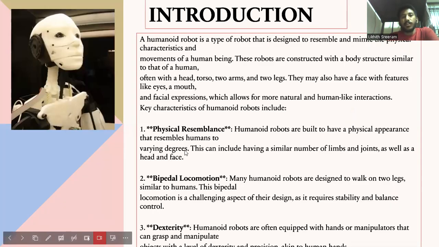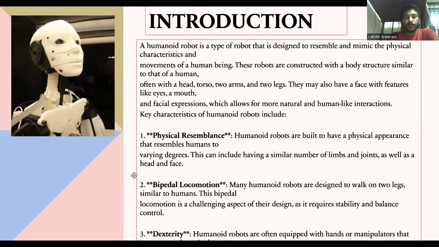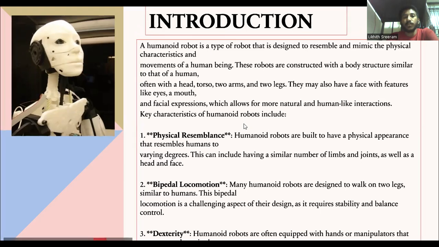If we go to the introduction, the definition of humanoid robots is: a humanoid robot is a type of robot that is designed to resemble and mimic the physical characteristics and movements of human beings. These robots are constructed with a body structure similar to that of a human, often with a head, torso, two arms, and two legs. They have facial expressions which allow for more natural human-like interactions. Key characteristics of humanoid robots include physical resemblance,